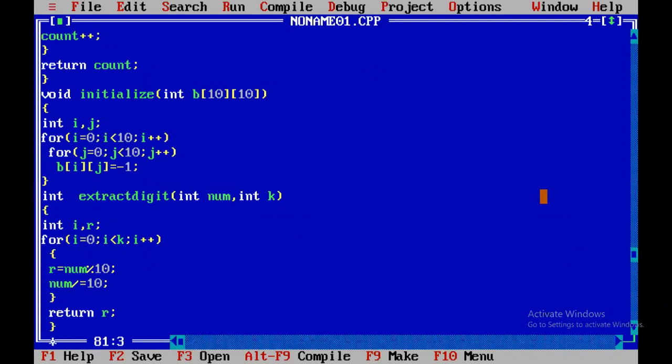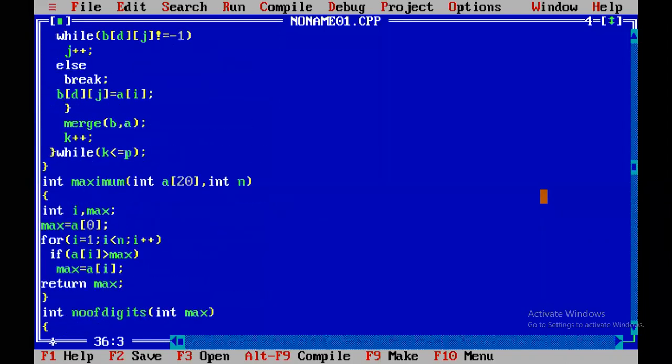So extraction is nothing but: if it is the first pass, extract the first digit. If it is the second pass, extract the second digit. If it is the third pass, extract the third digit, from right to left. Whenever you are using the mod operator, we are extracting the digits from right to left. So if it is the first pass, one time is required; if it is the second pass, you have to do it two times; if it is the third, three times. We are just using the mod operator. That's enough.